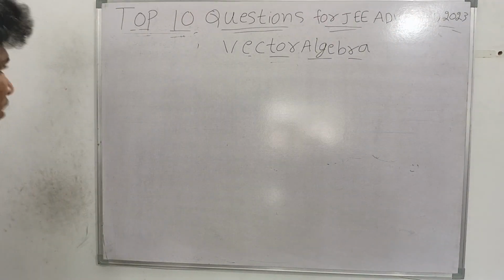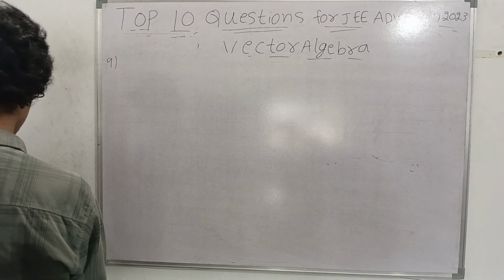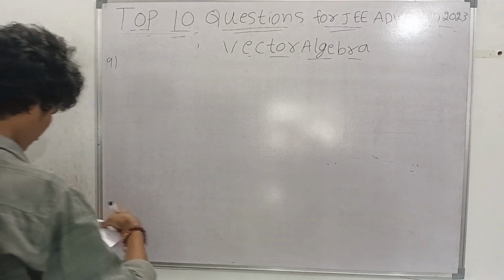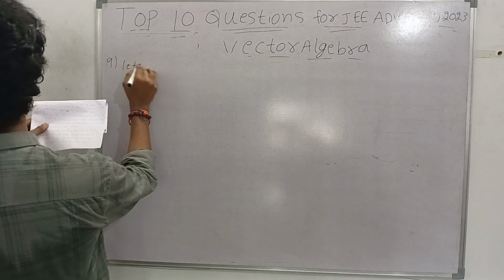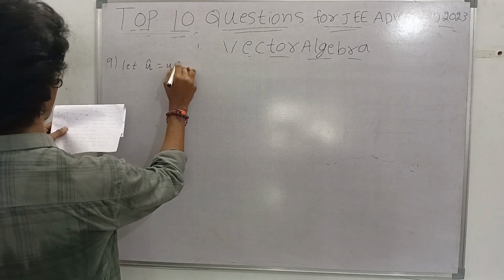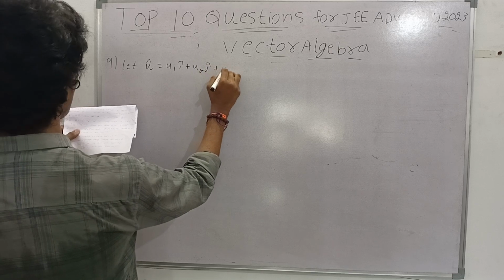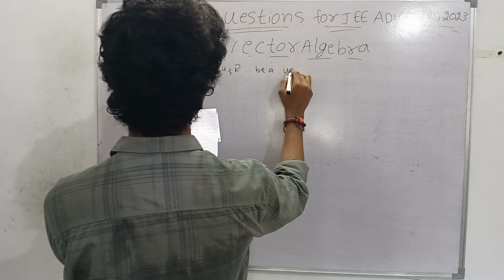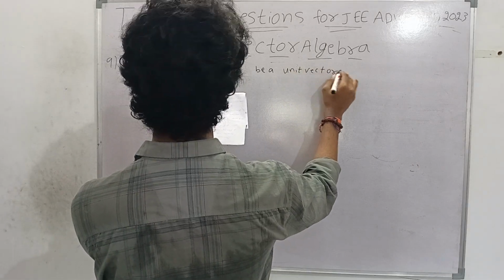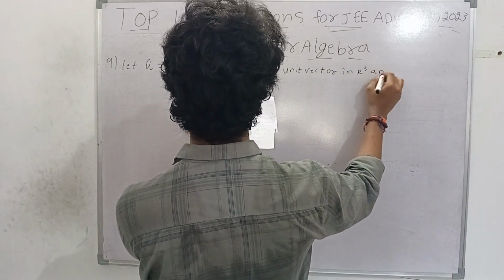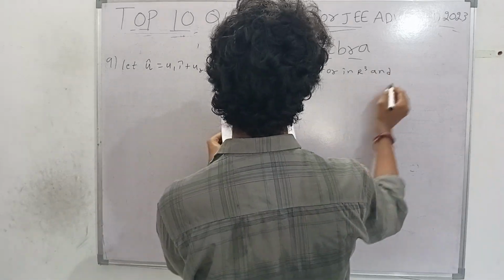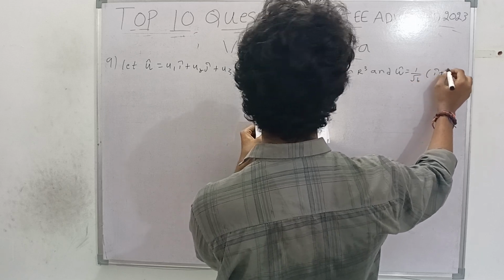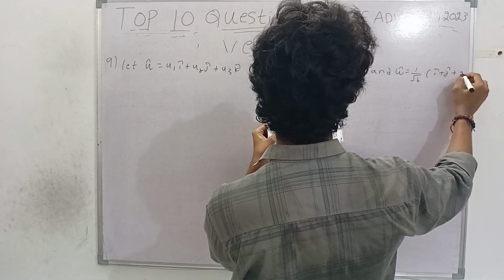Eighth question is completed. Now 9th question. Let u vector equal to u1 i cap plus u2 j cap plus u3 k cap be a unit vector in R cube, and the given another vector omega cap equal to 1 by root 6 i cap plus j cap plus 2k cap,